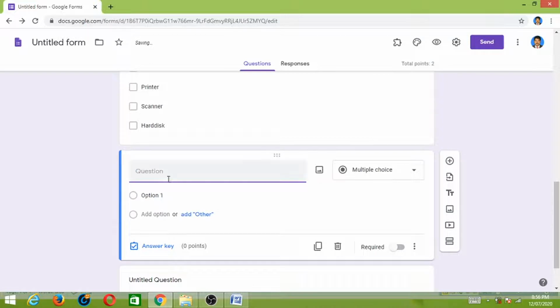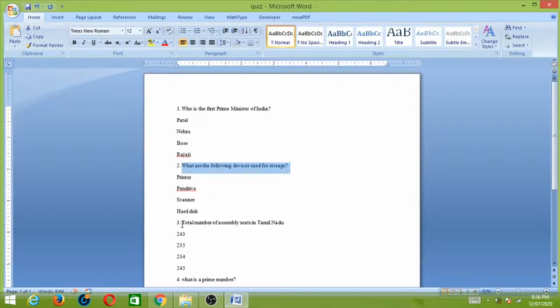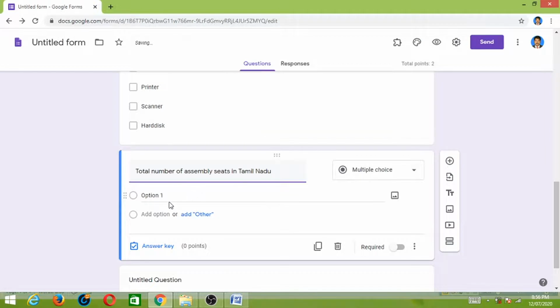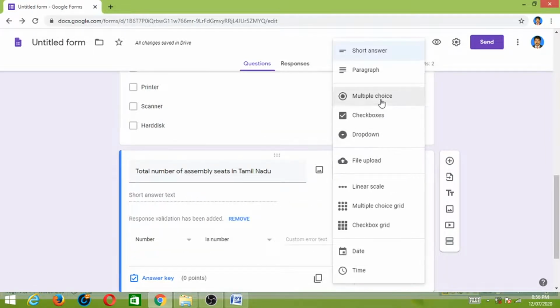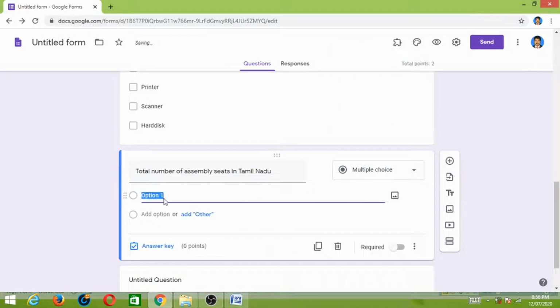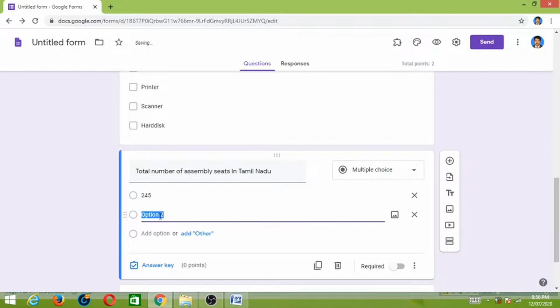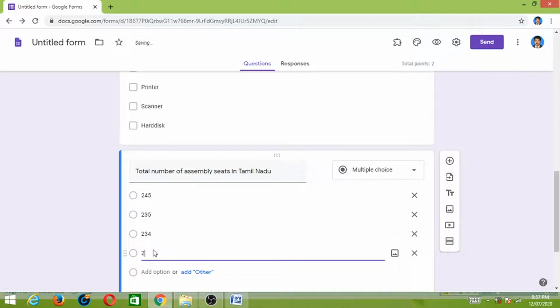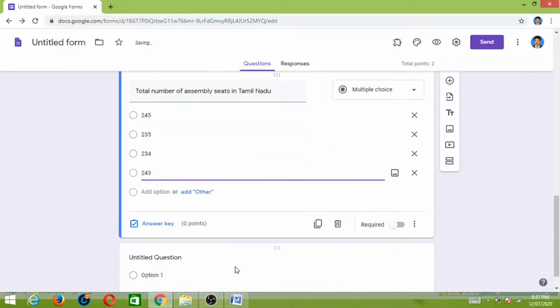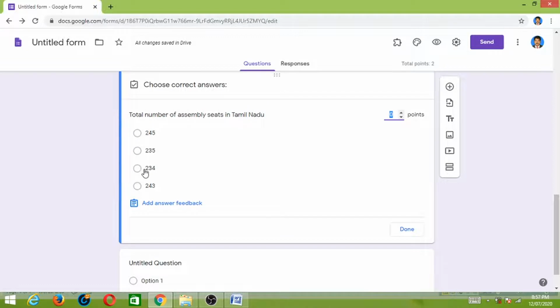The next question. So it is also a multiple choice question. The answer for this question is 234.